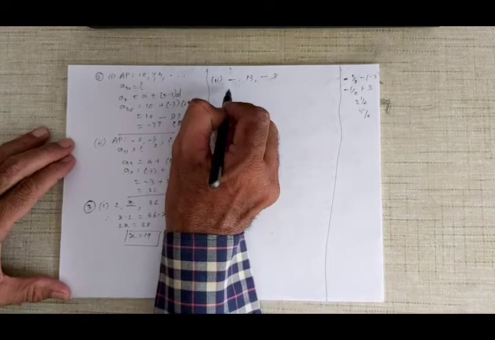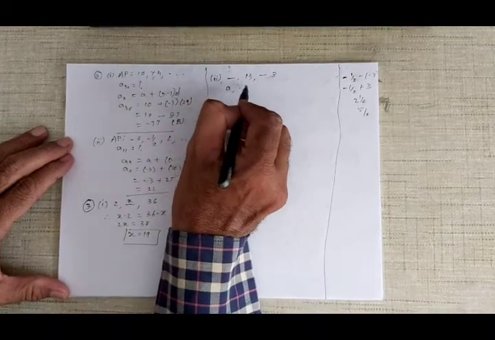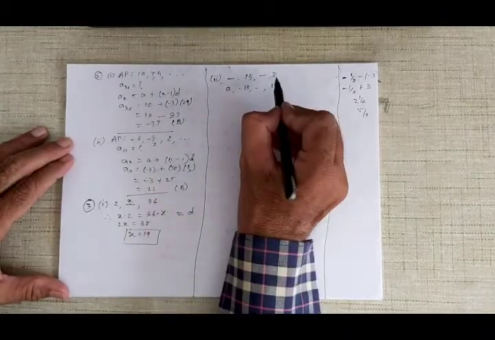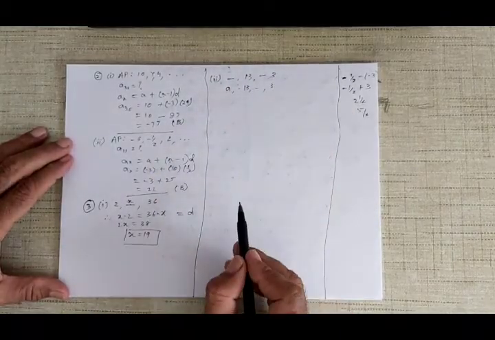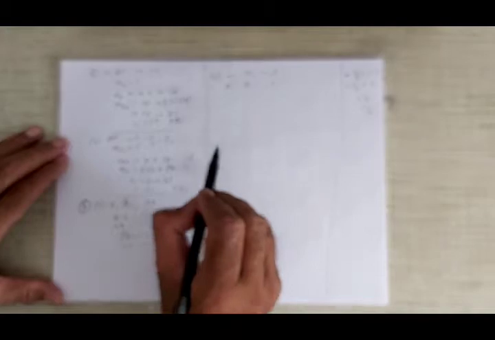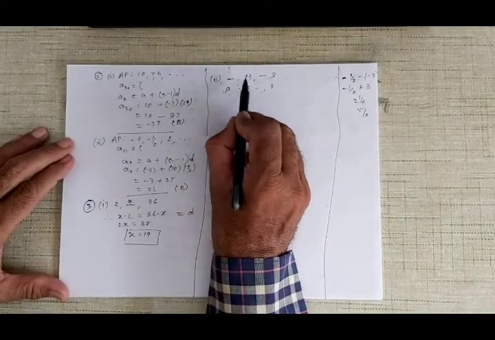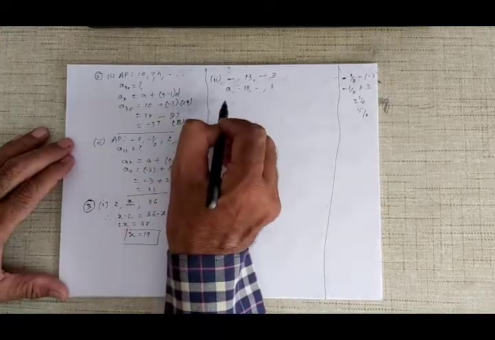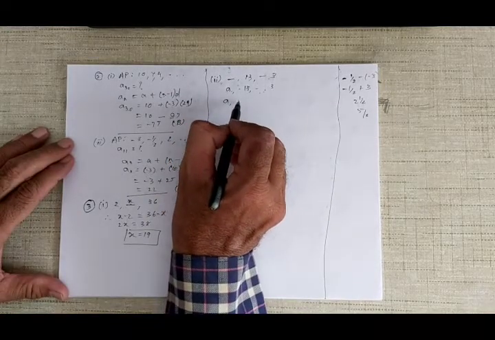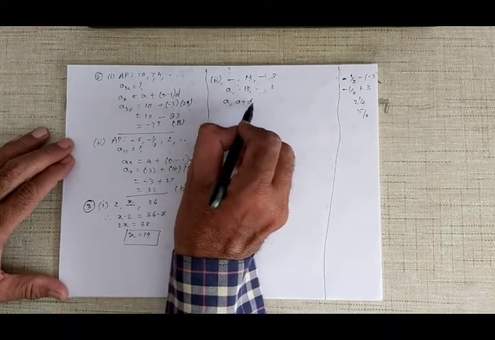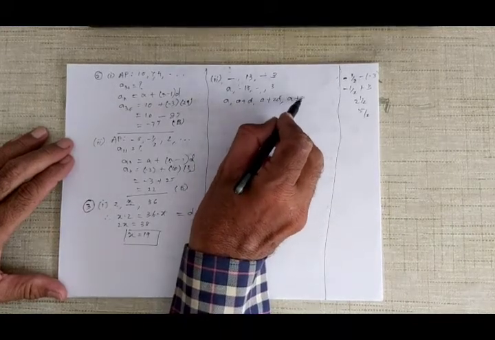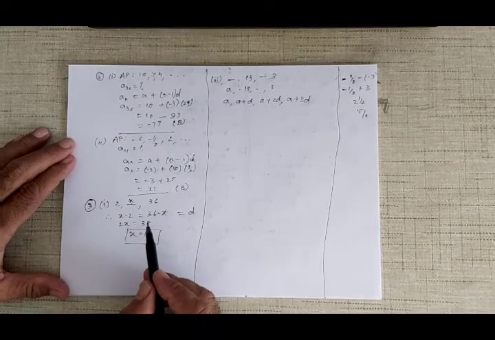So your first term is, suppose, A, then 13, then a blank, and then 3. Of course it may be dot dot dot, and this is an AP. So actually this will be: first term A, then A plus common difference D, then A plus 2D, and then A plus 3D, where D is the common difference.